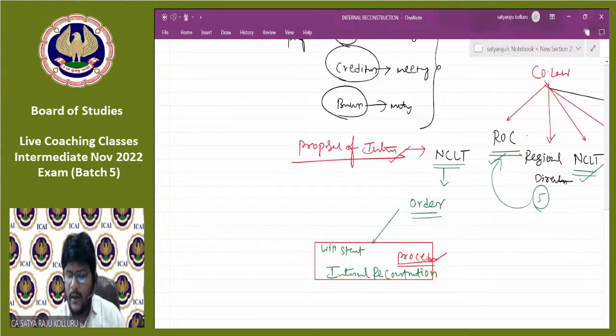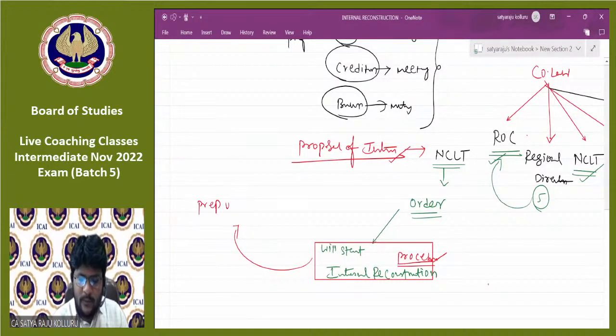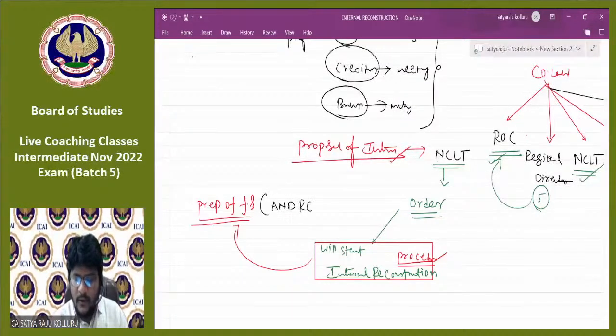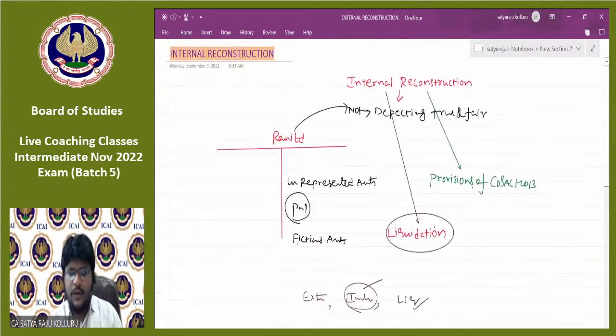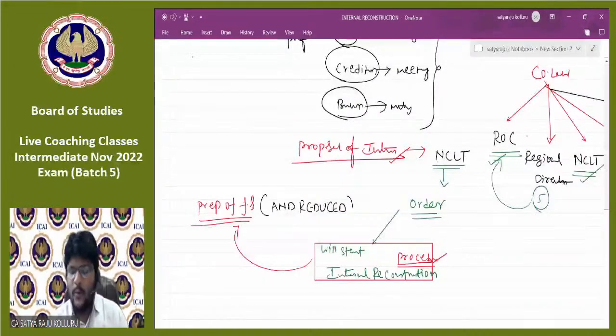After completion of the internal reconstruction procedure, such a company will go for preparation of financial statements. Now, at the time of preparation of financial statements, if NCLT orders to add and reduce words, then such a company, here Rani Limited, should add and reduce at the time of preparation of the balance sheet. And one more thing: the court may order, or without an order of the court as well, as per the provisions of internal reconstruction,